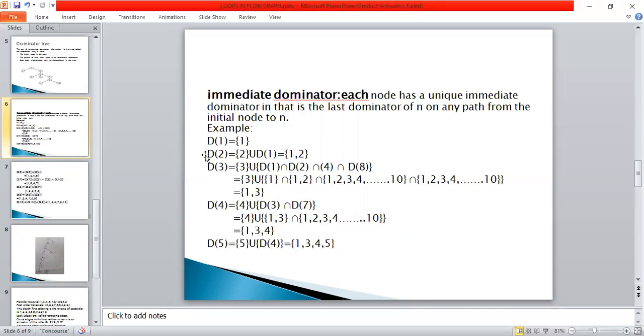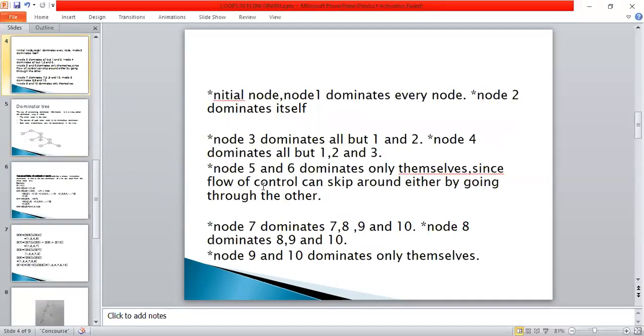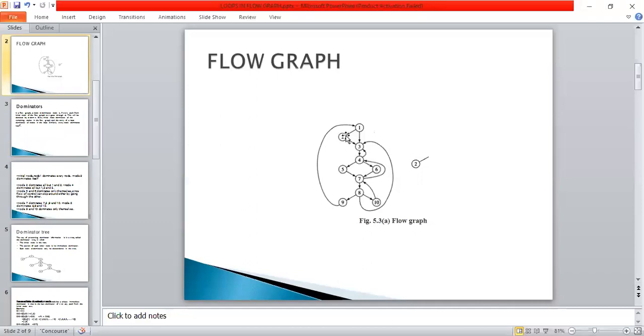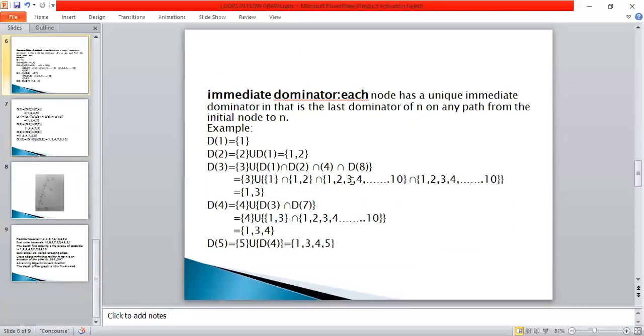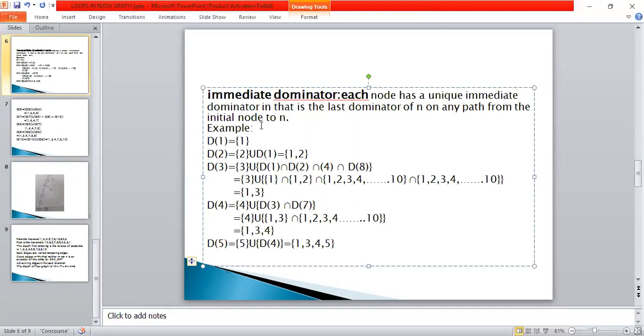And coming to node 2, observe the diagram. Node 2 dominates itself and 1. It can be represented as follows. D of 2 is equal to 2, node 2 dominates itself, union its immediate dominator's set, D of 1.